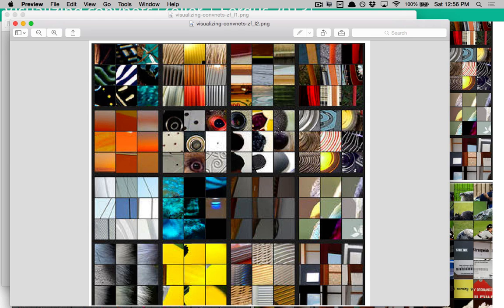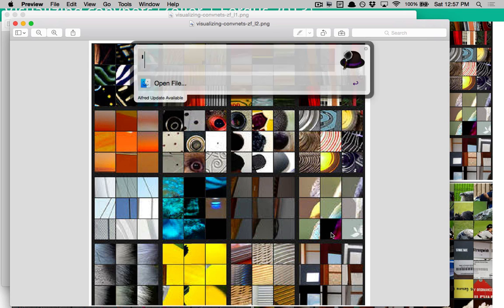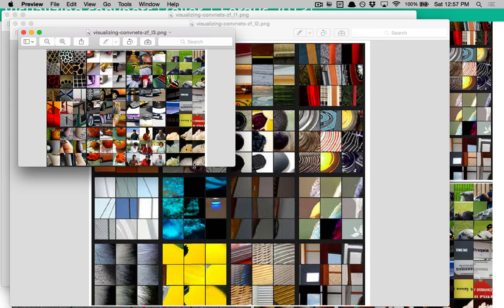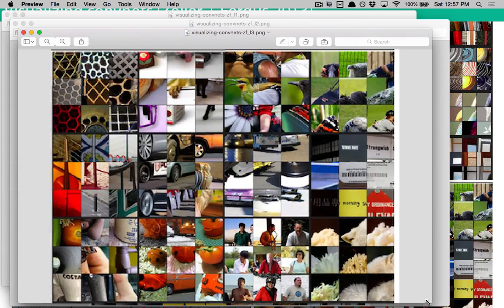Here we see sort of semicircles or rings. I don't know what these are. They're almost like craters or something, maybe sunsets. You see that these images are thematically tied, and they may have differences in color or other superficial characteristics, but they're tied together by the dominant features that you see. And going farther down the chain, looking at ZF3 now, you see that the images become even more complex.